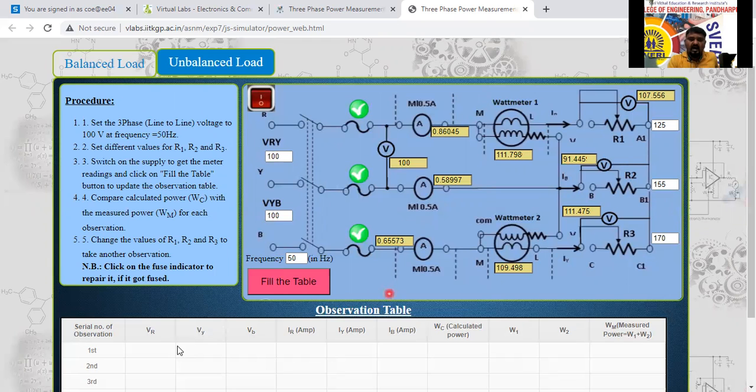Yes, sir. VR, VY, VB and IR, IY, IB we have calculated here now. See, 107 plus 556 into 0.86, 045 plus, just a minute, oh, change, okay. 107. I will take the open bracket, 107.556 into 0.86